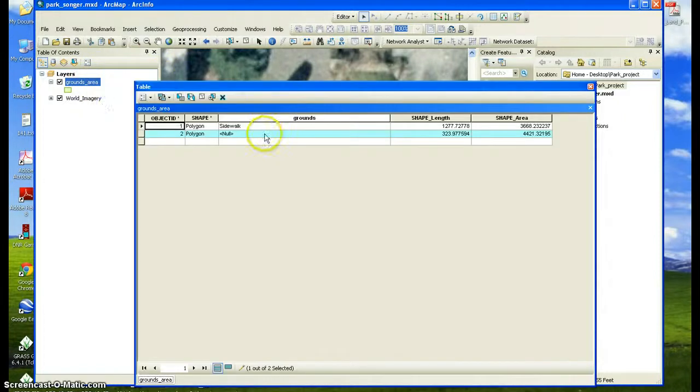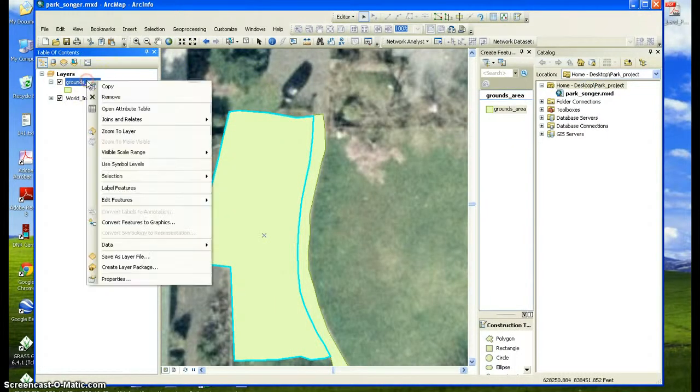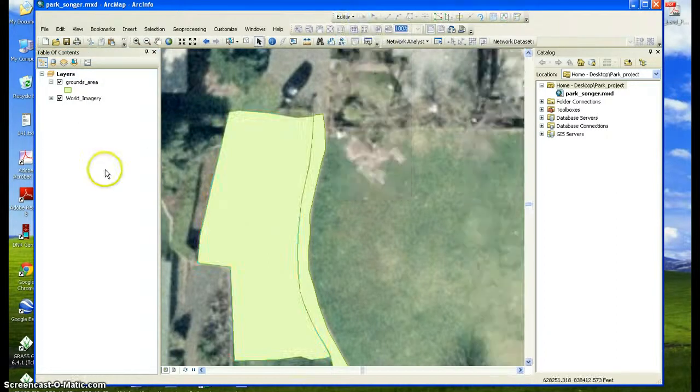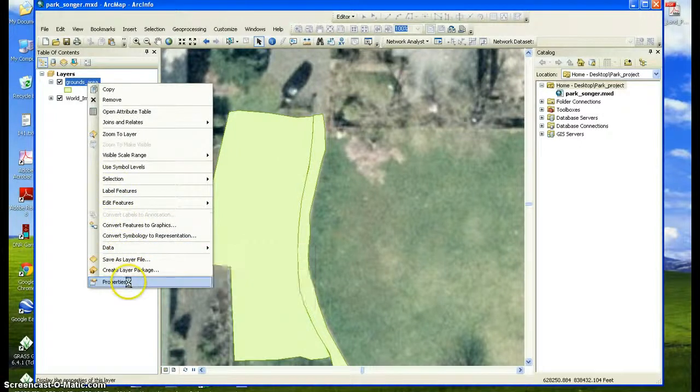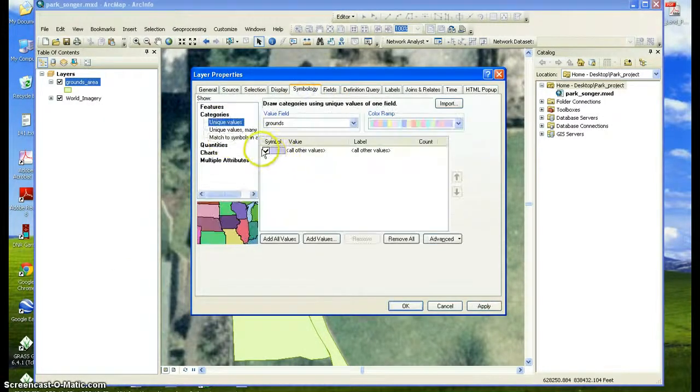I could go here, and in this one I could type in grass. It tells me how much area of that section is grass. And now, whoops, I'm going to stop editing. Save edits, stop editing. Now with my park, with two different categories, I can go into the symbology categories,